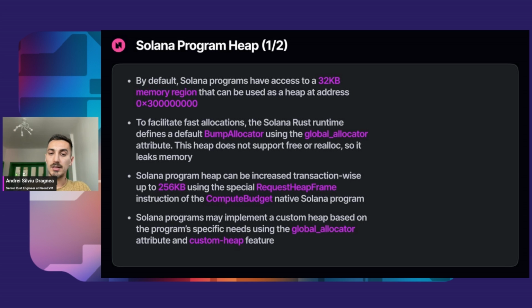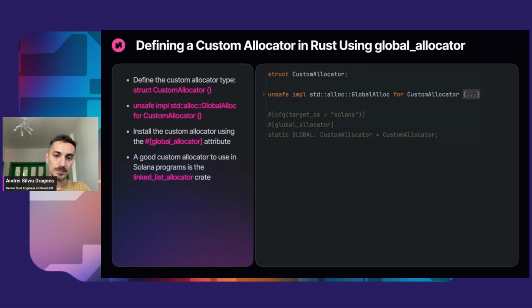Solana programs that need a custom heap, that might need to use more memory than this and need to free unused memory, can define their own allocator using the same global allocator attribute and the custom heap feature of the Solana program framework. Okay, let's talk a bit about how you define a custom allocator in Rust in general,